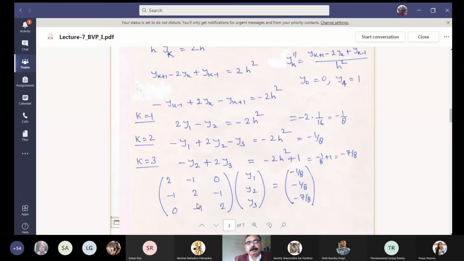-1 and -1 to 0. As soon as you reduce these 2 entries, it will become the upper triangular form. Is that right or not? Yes, sir. So only 2 entries are required to be made 0. And you understand how you have to do that, and then you do the backward substitution.